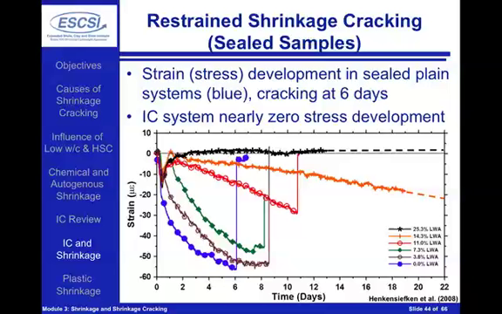And here we can see the strain that's being measured, and as I mentioned, this could be converted over into a stress for concretes with different levels of internal curing. Again, the blue is no internal curing, and we can see the strain developing in the steel ring until an age of about 6 days, at which time the concrete cracks. If we provide internal curing water that's equal to the volume of chemical shrinkage that takes place, we get that black line where we see that there's virtually no strain developing inside of the steel ring, no stress developing in the ring, very low potential for cracking to be forming in the overall ring